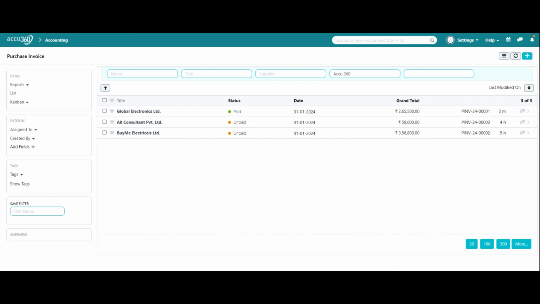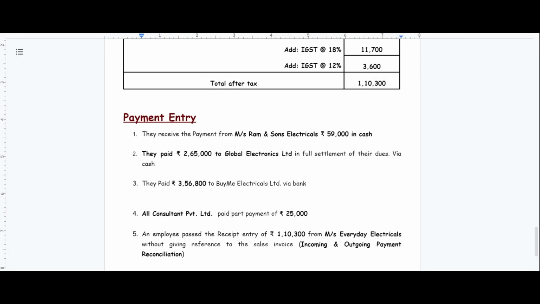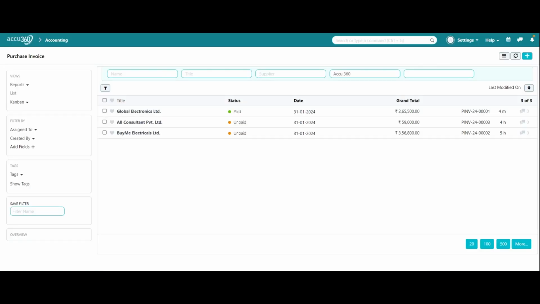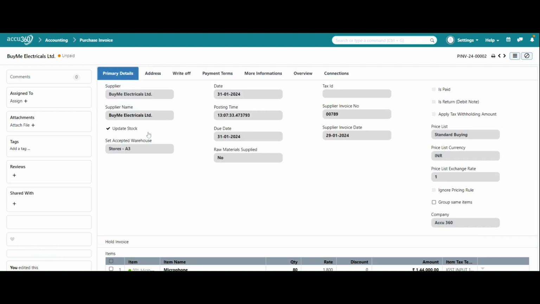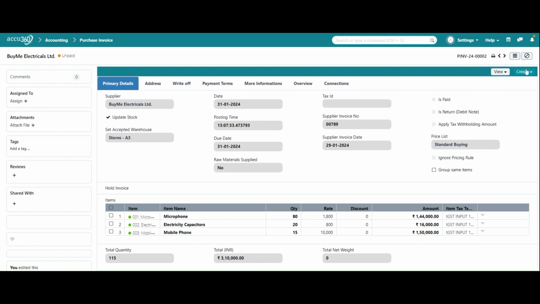Now we will see our transaction number 3 and we'll pass it very quickly. Our transaction number 3 says that we have paid 3,56,800 to Buy Me Electricals Limited via bank. So this time we have to pass a payment entry through bank only. So let's go to the payment entry and pass it very quickly. To quickly pass this entry, we will select Buy Me Electricals Limited, and then we will select Create, and then we will again select Payment,